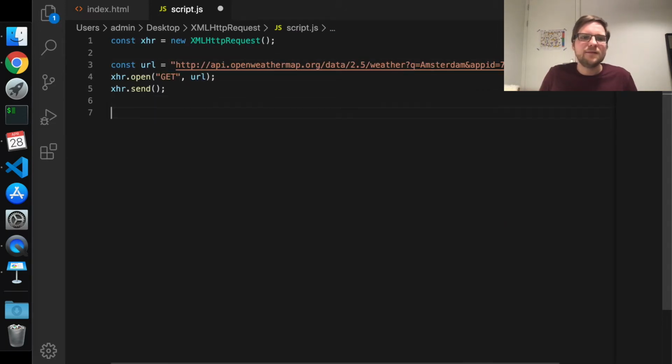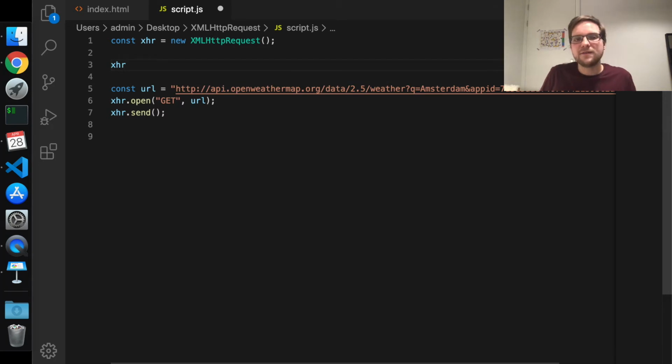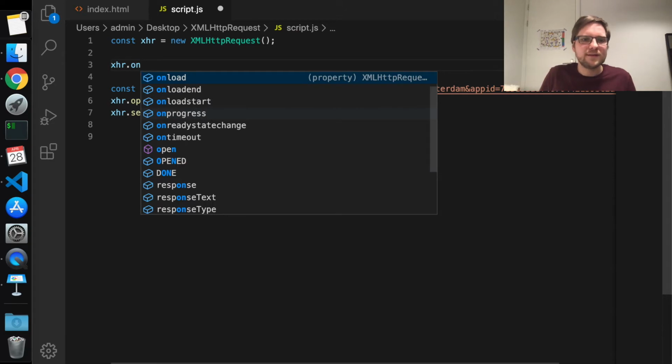Now, an important thing to know is that when you use send, you don't get the result immediately. This is because XML HttpRequest works asynchronously, and you learned about synchronous versus asynchronous programming in the previous module. So we will not get the answer right away. Because of that, before we send the request, we should define a callback function that will get called once the data has arrived. To do this, we're just calling xhr.onload,